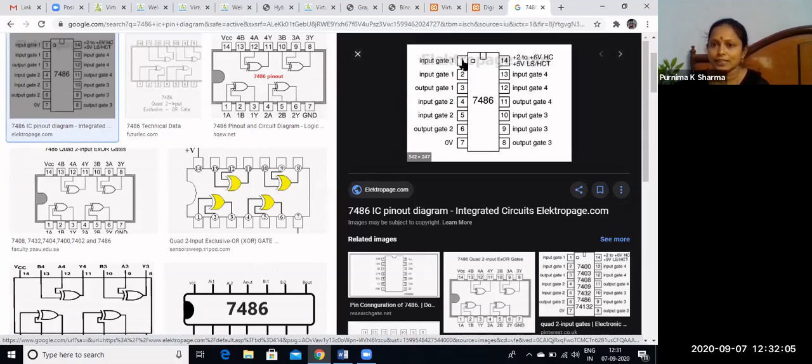If a dot is there on any IC, the pin to the left of that dot is the first pin. That means 1, 2, 3, 4, 5, 6, 7. The 7th pin will connect to the ground. 8, 9, 10, 11, 12, 13, 14. The 14th will connect to the VCC.